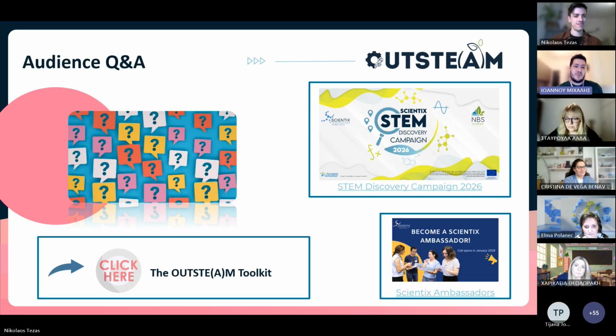Well, if our teachers can share their opinion about what would make a great OUTSTE scenario. What's the suggestion? Actually, that's a great question. So the question is, what can make a great OUTSTE learning scenario? What do you think? Stavroula, please, go ahead. Just one word, to be an authentic project created by the students. All right, that's a good one word.